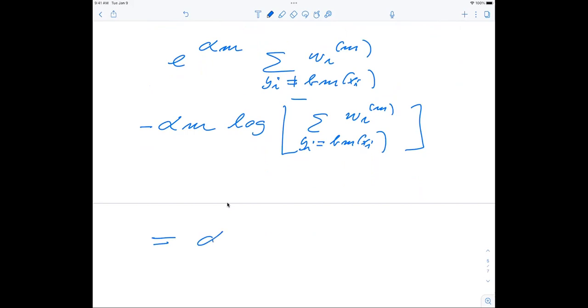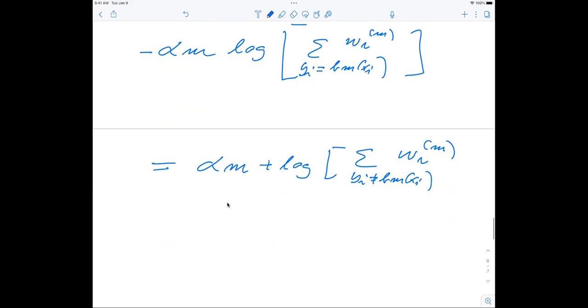an alpha m plus log, and then I have the sum over i where y of i is different from bm. So these are all the misclassified ones, y of m. And then I can reorganize this one. I can just put alpha m on one side. And if we reorganize this one, we can actually find that alpha m is equal to a half of